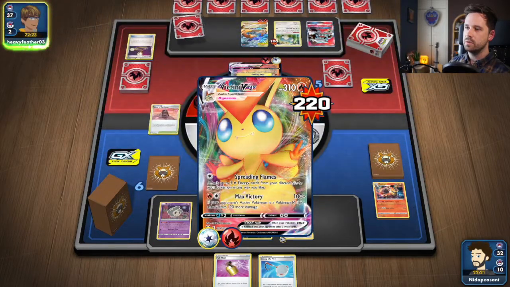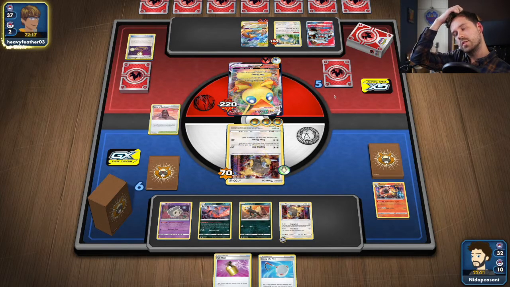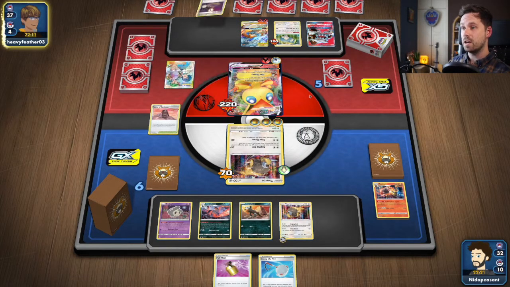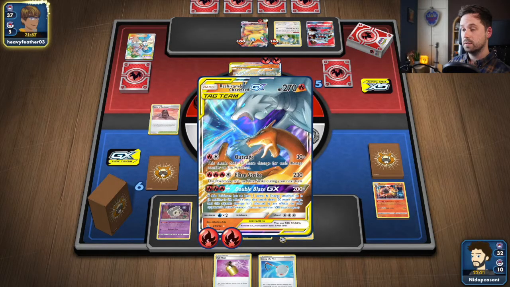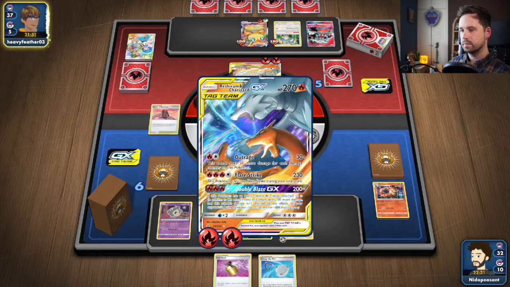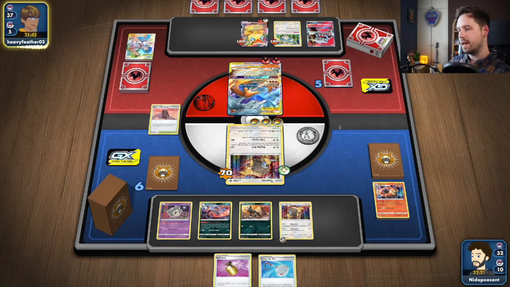Only 90 left to do on this VMAX. Just making them think about, you know, at least retreating it. The Mallow and Larnering, which just is heartbreaking. Healing a good chunk of that, so we still need to hit them for 210 now. They're just going to come up and hit us for, yeah, the required 60, I guess. Oh wait, they can't hit us for 60, they can hit us for 30. If they did that,